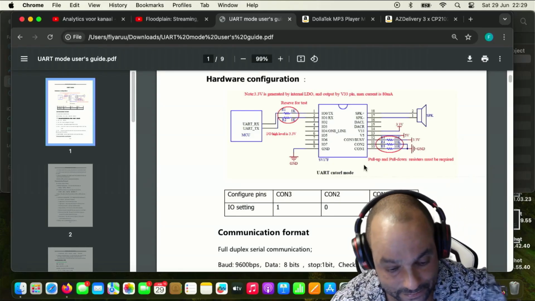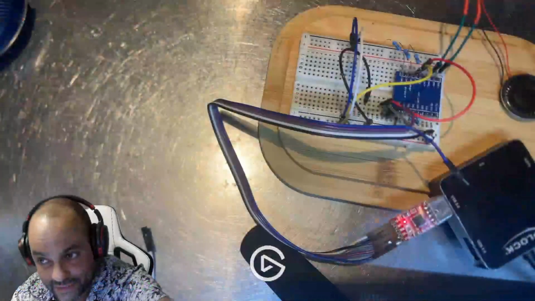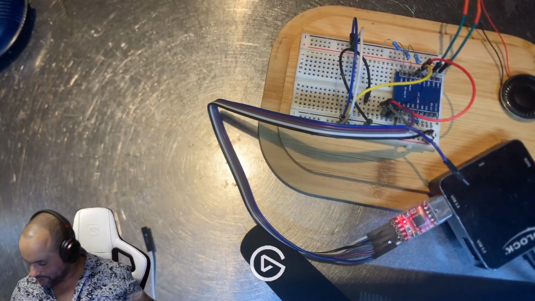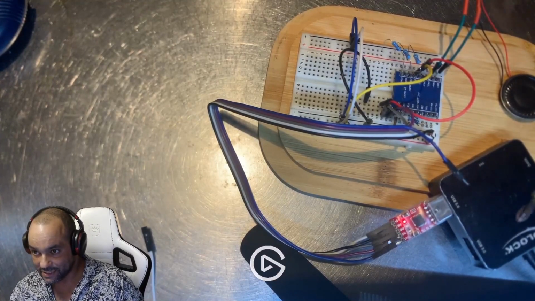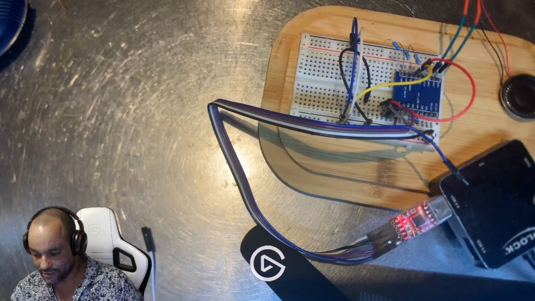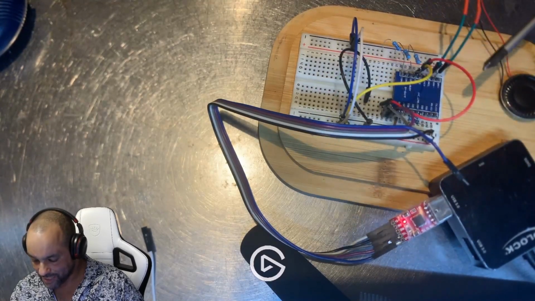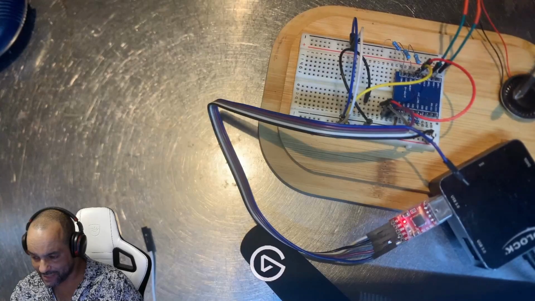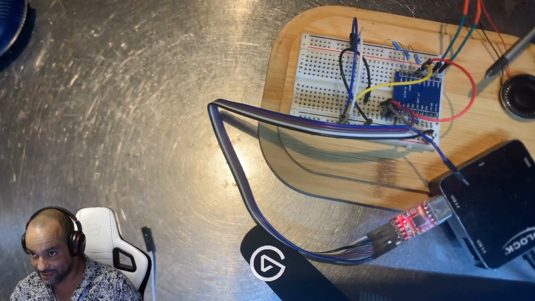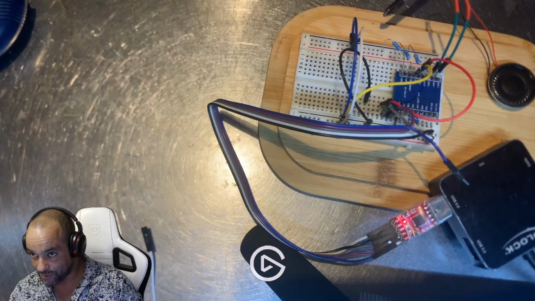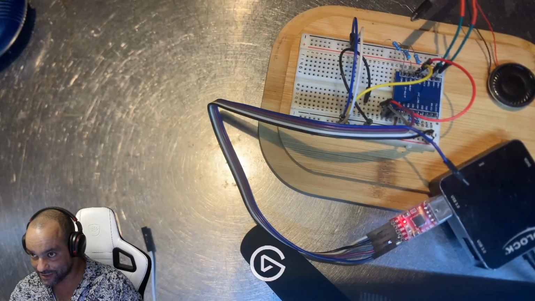I wired that up, and I warn you, it's not pretty. So, this is, let me point with something. This is a USB-C converter, goes to my MacBook. This is my UART converter, and I wired that to this breadboard. This is the MP3. I flipped it around. I put the headers on the other side, so here you could see what's on the pins. These three transistors are the pull-down resistors, the 10K ones that